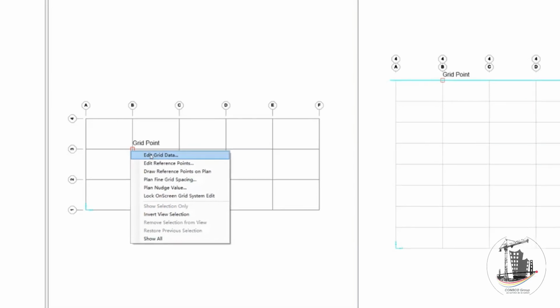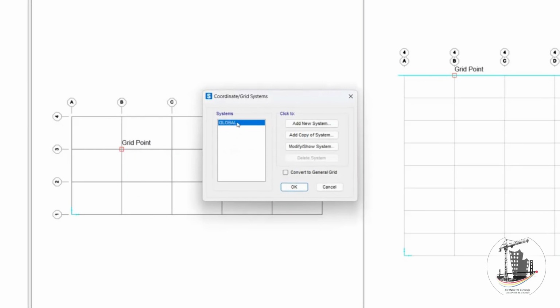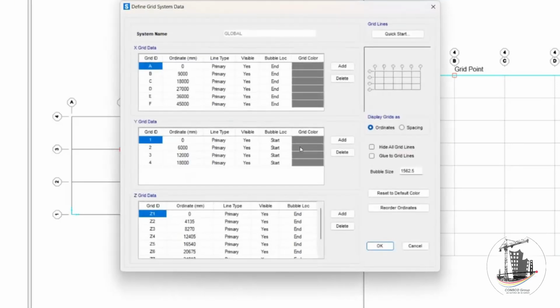Edit grid, or you can just double click on it, and then this is going to pop up, and then you can modify. In the modification area, where do we want to modify? We want to modify in the Y direction, because that is where there is a difference. You see here is coordinate. That means from here to here, this is 0 coordinates in the Y direction. This is 6,000, and then 6,000 plus 9,000, which is not 12,000, actually it is supposed to be